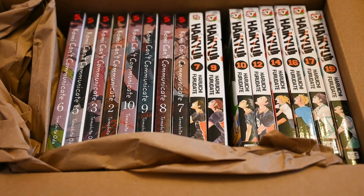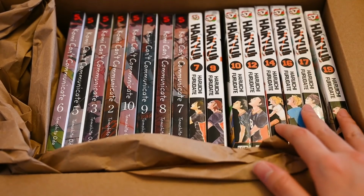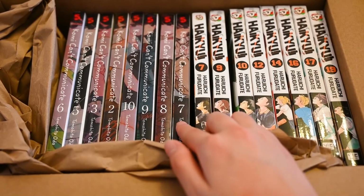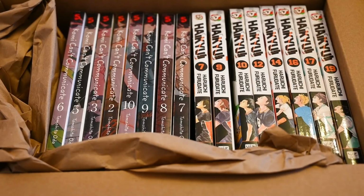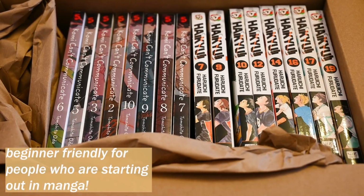It's a classic. I absolutely love the anime, and Haikyuu TikTok is definitely a very unique place. Speaking from personal experience, so yeah. Besides Haikyuu, I also got Komi Can't Communicate, and if you guys know Iwazumin or have seen some of her videos, I actually recommended her volumes 1 and 2 to read, and so I think that the series is very beginner friendly, I would say,